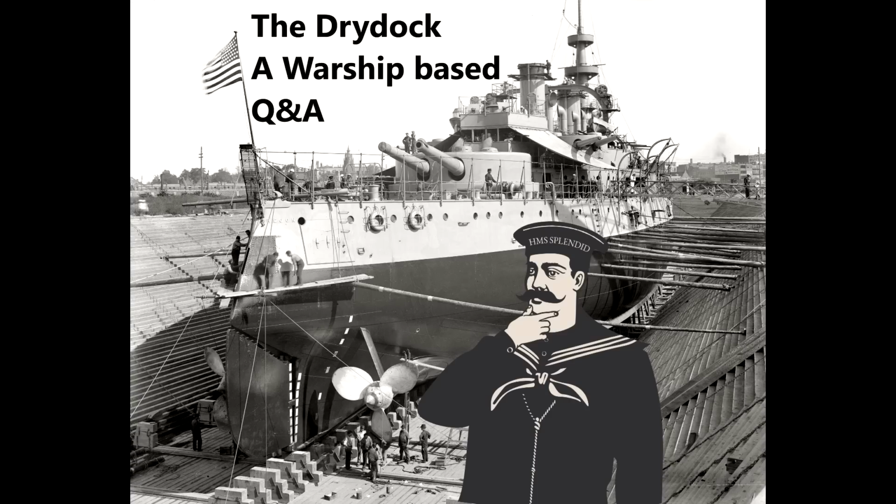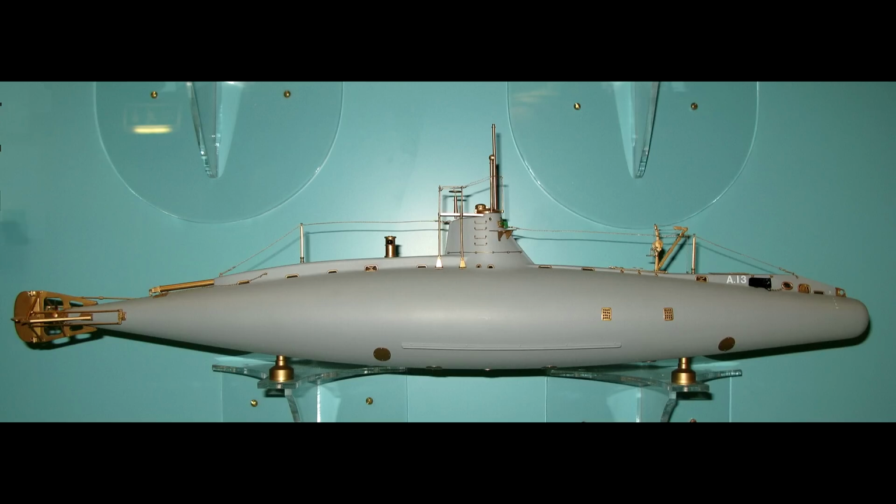Warrant Officer Will asks, I recently saw a photo of a model of HMS A13. While I'm familiar with why future submarines would drop this sort of streamlined design, I'm nevertheless curious what the potential underwater speed characteristics of submarines from World War I and World War II could have been if they had maintained such dedicated designs. So what he's referring to here, for those of you who might not understand, is the